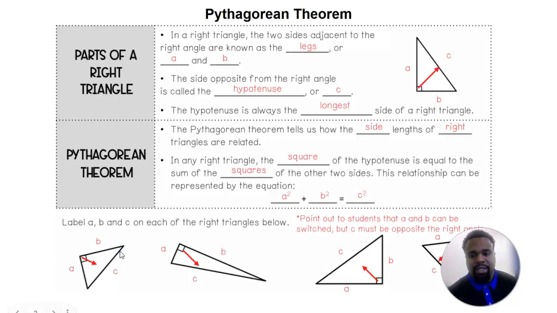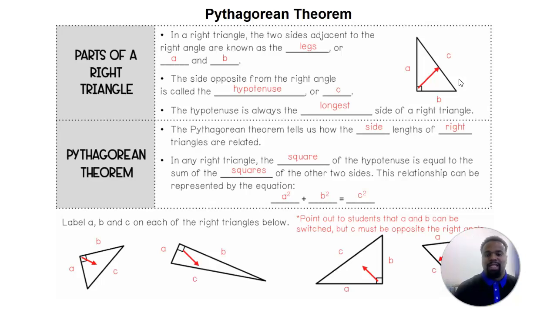Alright, so the Pythagorean Theorem, first of all, you want to look at the parts. When we look at a right triangle, first and foremost, we want to look at its parts. A right triangle is a triangle that has a 90-degree angle. Any side across from the 90-degree angle is your hypotenuse, or your C. The other two sides are called your legs, A and B, and they're interchangeable because of the commutative property, but we need to always make sure we distinguish what our hypotenuse is, which is the longest side of our triangle, and that's represented